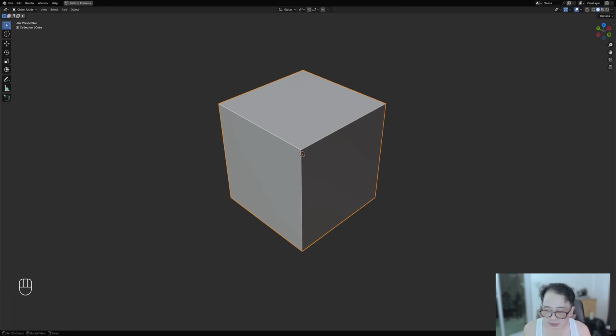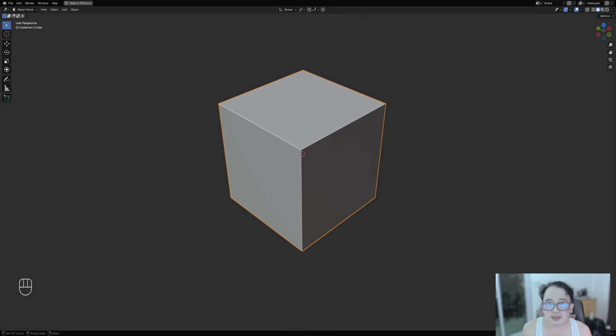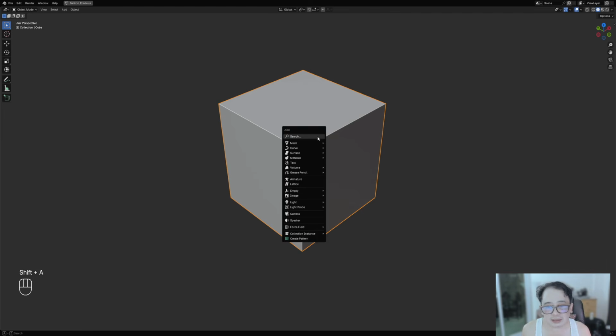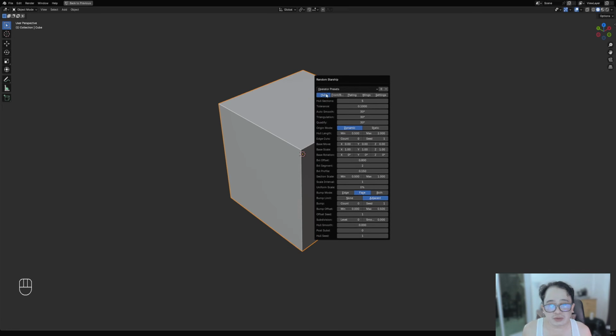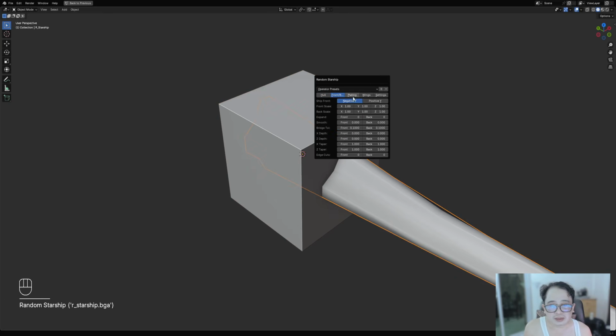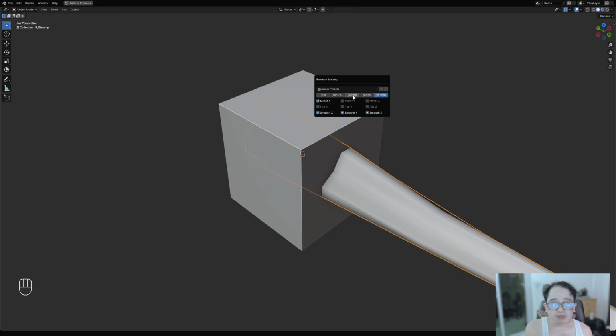Hello everyone, in this video I'm going to play around with Random Starship. So earlier today I have updated it to version 1.9.5. So we have reverted back to using the horizontal UI layout, and while this switching between the tabs